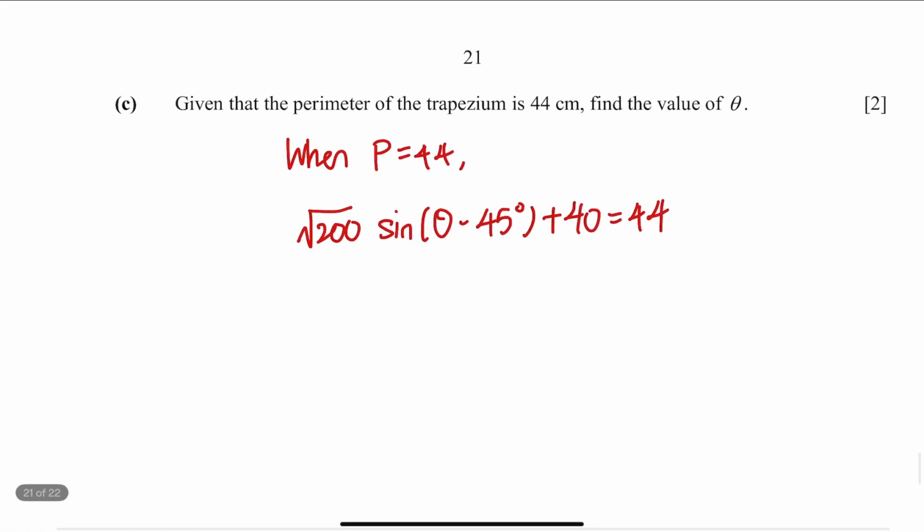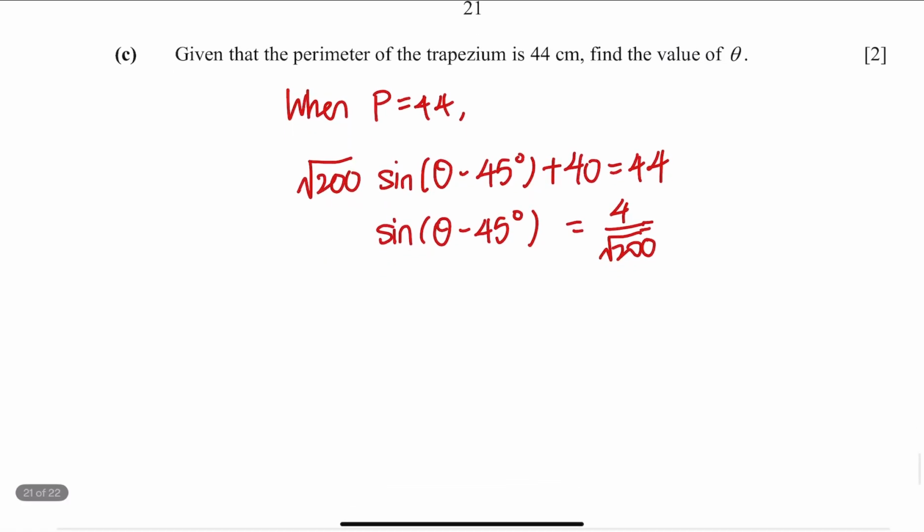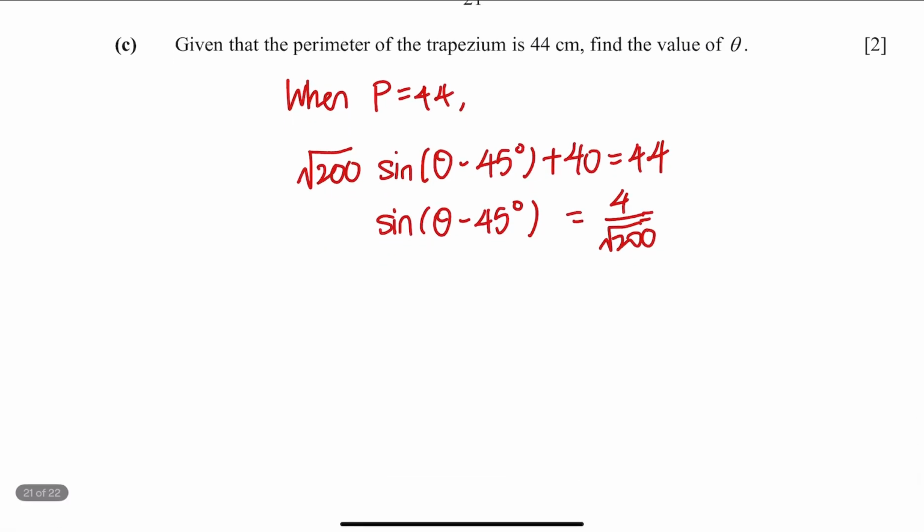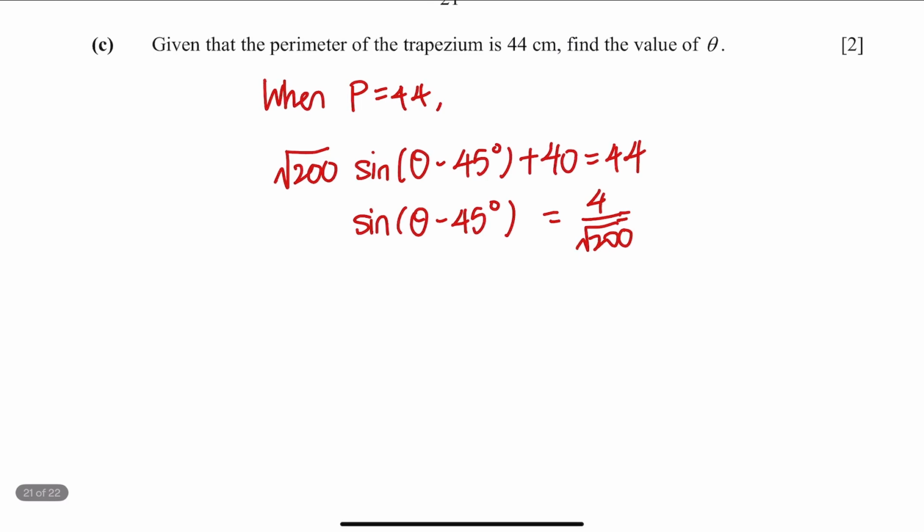This means that sine theta minus 45 degrees is equal to 4 over square root 200. Okay, therefore, from here to solve this, simply I know that this angle must lie in the first quadrant. Okay, alpha is equal to sine inverse 4 over square root 200, which will give me